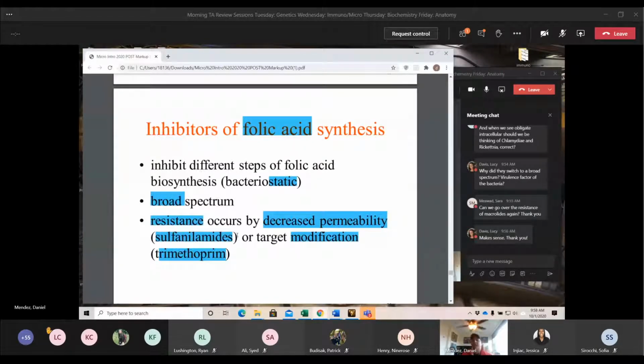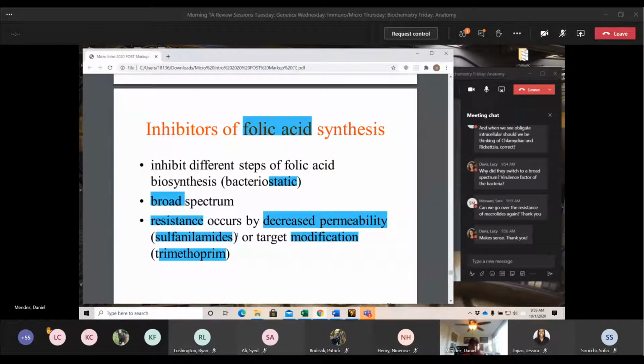Resistance here occurs in two different methods, and this should make sense because we have two different antibiotics. The first one, resistance for sulfonamides, is decreasing permeability. That's going to decrease the uptake of sulfonamides, preventing sulfonamide from actually getting into our bacterial cell. And then for trimethoprim, this one's targeting the modification.